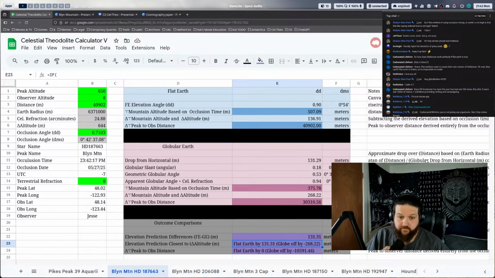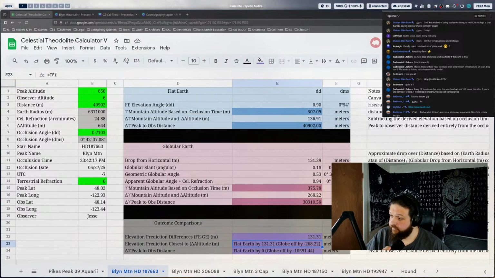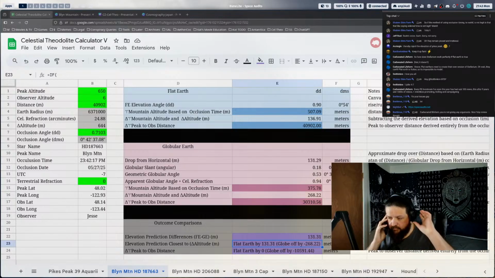Well, this also points out that the alleged drop over distance is purely optical, meaning the angle that they measure to the peak is based on an optical drop, which isn't going to change. So this removes that optical drop and puts it into reality, where you can make a prediction of the elevation, and it's a known elevation. So when you do this measurement, you get the known elevation of the mountain. Whereas if you try to measure optically the angle, that's where you get the optical appearance of drop over distance. So this completely eliminates that.